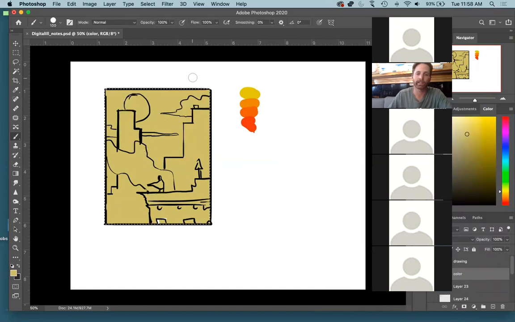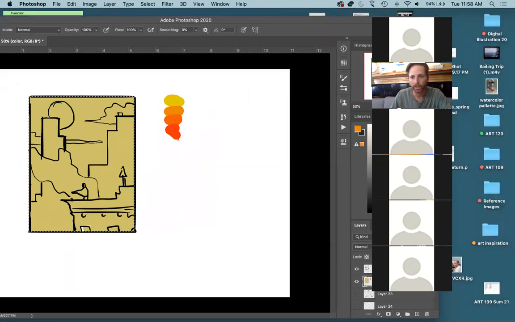Okay, and then I just want to color different sections. So I want to go towards that more orange and be a little darker and desaturated as well. And I'm just going to color in all this section here. A little bit of white here on my drawing layer. Okay, so now I can go,